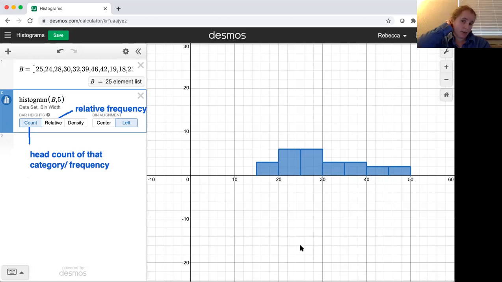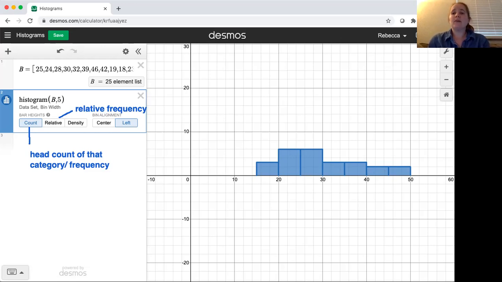That's a more standard number for a histogram. It's rare that we do histograms with fewer than 5 bins. So you sometimes need to change the width to get to the appropriate number of bins. If we have hundreds of data values, then we might have quite a few more bins. With only 25 data values, this is probably the most bins we would like to use, because notice most of these bins have a head count of only 2 or 3. We don't want to have just a bunch of bars that are only 1, 2, or 3 high. So this is our histogram.